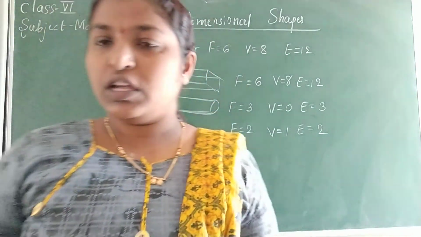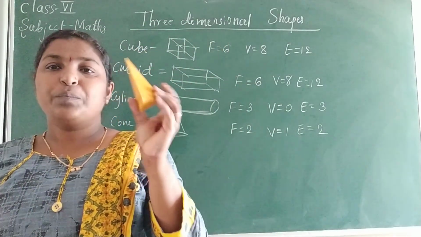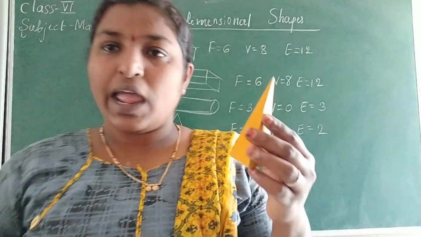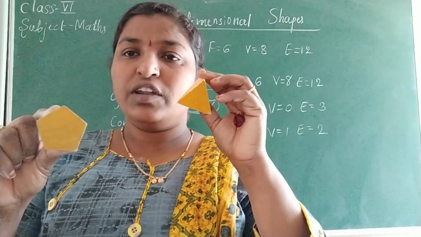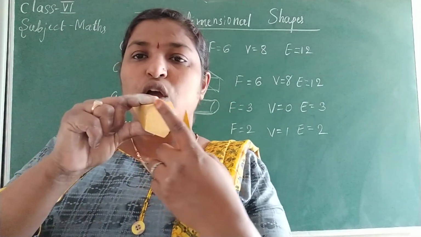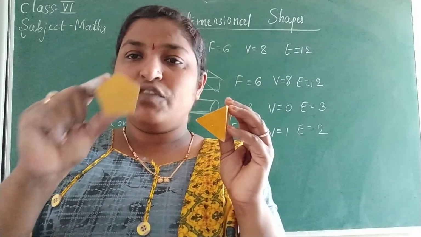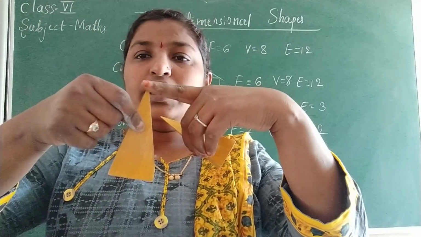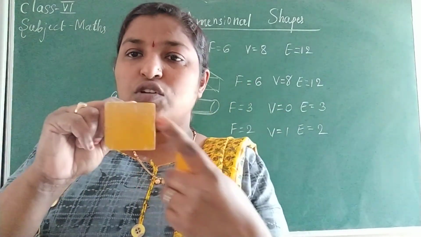Next come to the three-dimensional shapes, the pyramid. You know, the Egypt pyramids look like this, but the bases will be different. This is a triangular based pyramid. This is a pentagonal based pyramid. See, this looks like a pentagon, 5 sides. So pentagonal pyramid. This is also a pyramid. In a pyramid there is one point, and the bases are different. This is a square based pyramid. Now 4 sides are there.